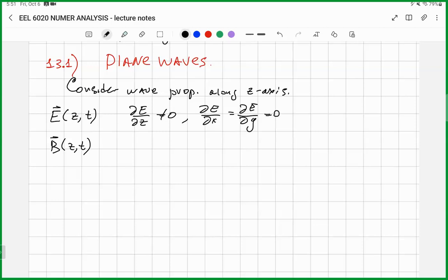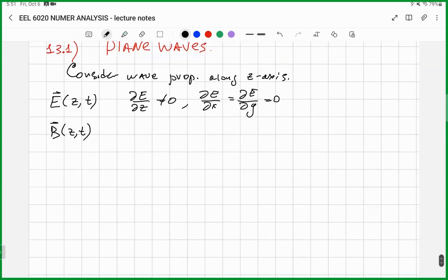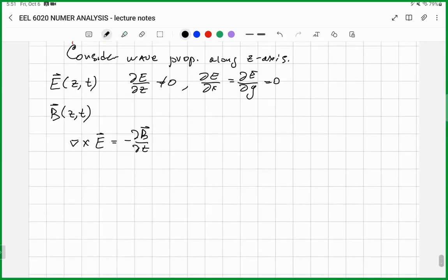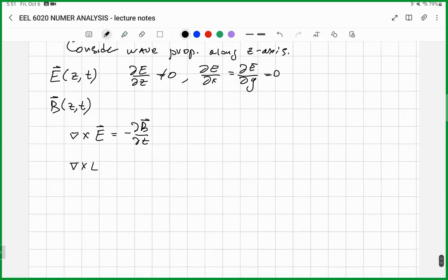Okay, so let us derive the properties of this field from the Maxwell equations. So we return back to the Maxwell equation. The curl of electric field is equal to minus dB over dt, right? So the curl of electric field is a vector,